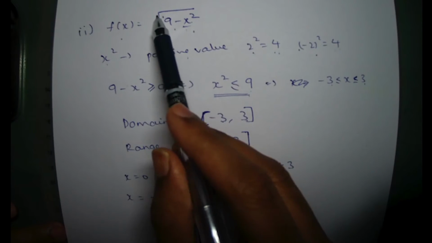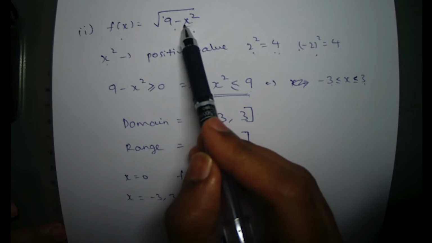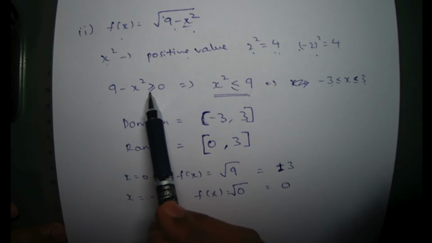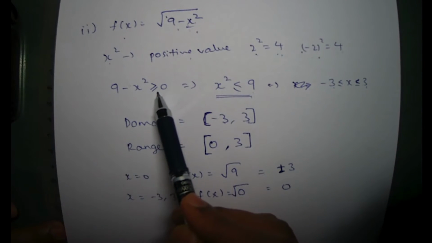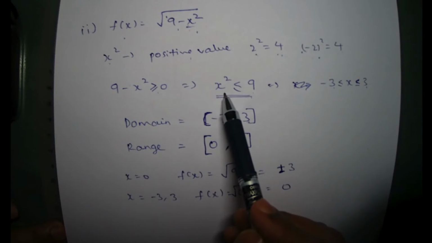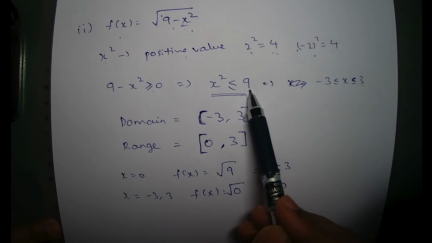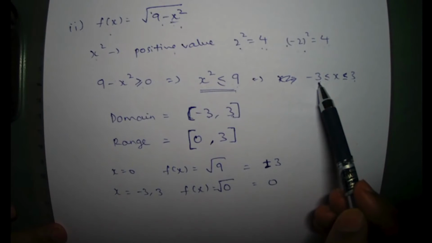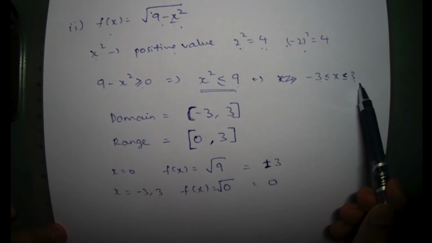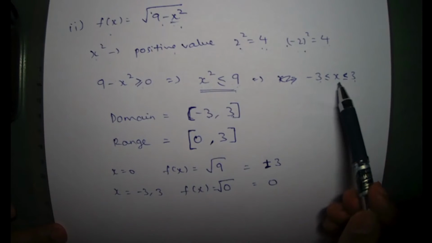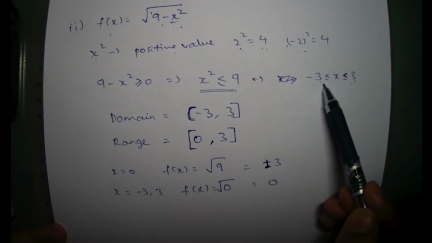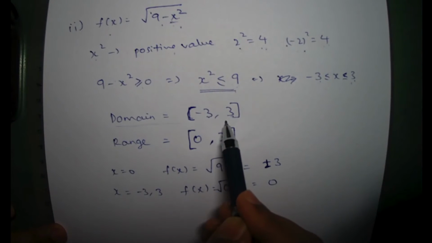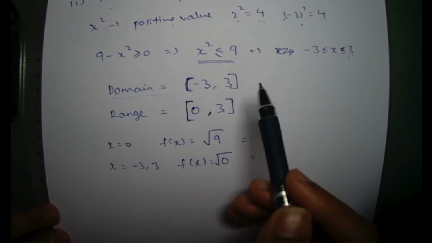So next we have a square root function here and we have 9 minus x square. We know that we cannot have any negative number inside the square root. So we have to take 9 minus x square should be greater than or equal to 0. This has to be the condition. So from this we'll get to know that x square should be less than or equal to 9. So if you want x square less than or equal to 9, then x should be greater than or equal to minus 3 and less than or equal to 3. So it should take values between minus 3 and plus 3. So since we can take only values between minus 3 and plus 3 for x, this will become the domain for the function. So next we have to calculate the range of the function.